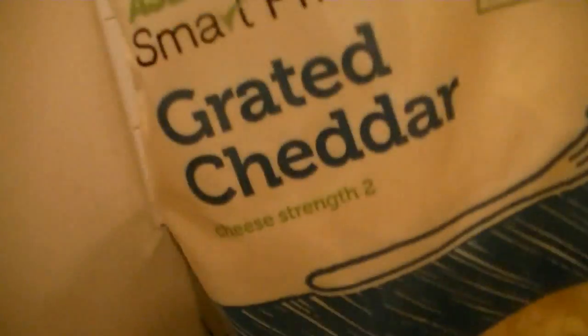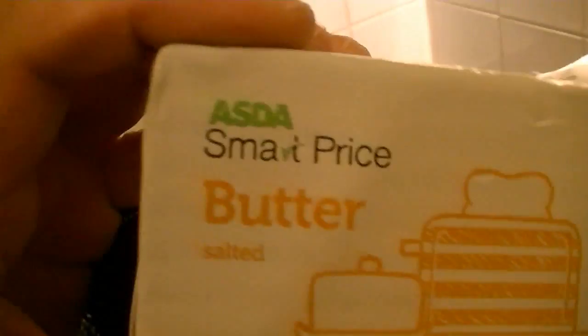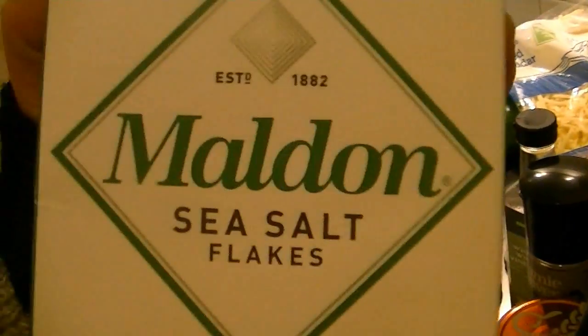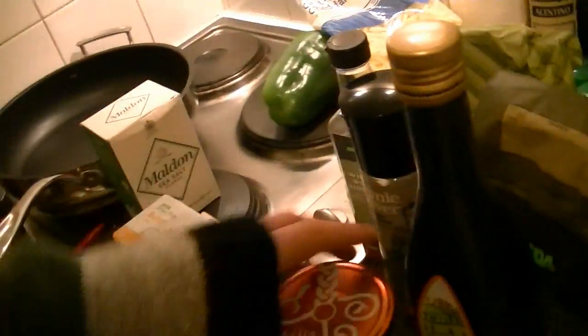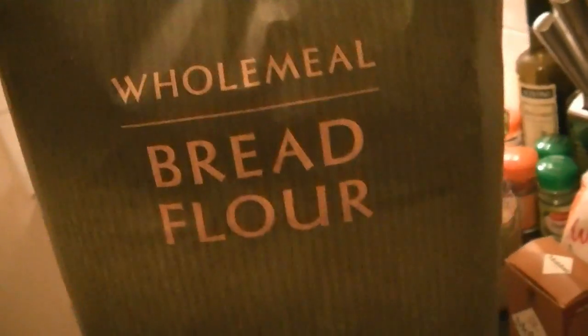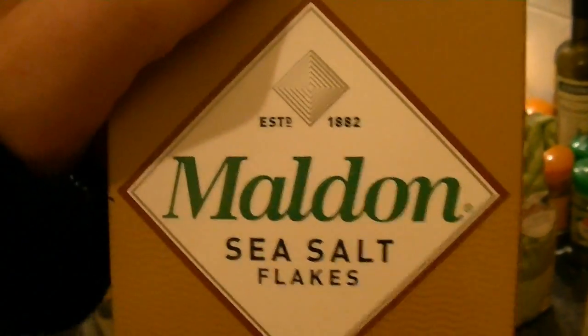then we need grated cheddar cheese, some unsalted butter, sea salt, pickled jalapeños, some olive oil, tomato puree, some wholemeal bread flour, some smoked sea salt,